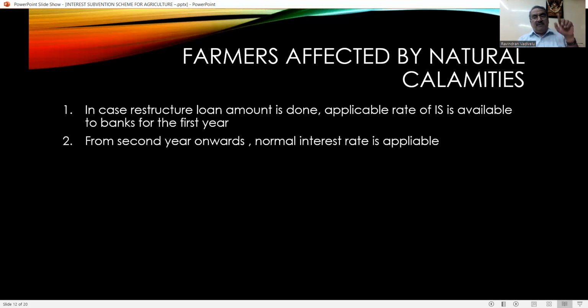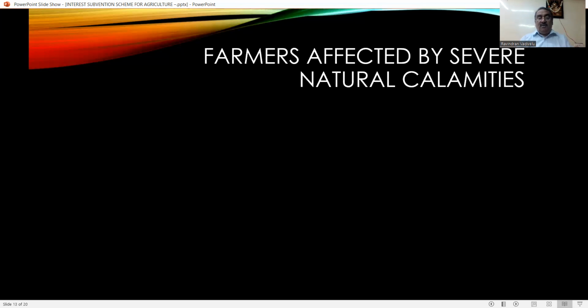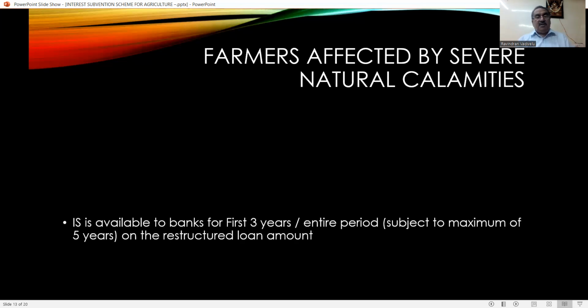For the first year, that is 7% minus 1.5%. In case the loan is repaid on time, then 7% minus 3%, it is 4%. So this is a thing that you have to see. Now, if they have been affected by severe natural calamities, maybe flood, volcano, something that is more than a normal natural calamity,